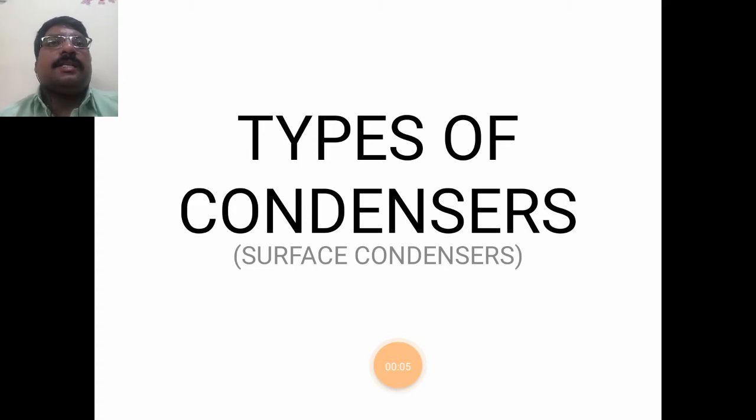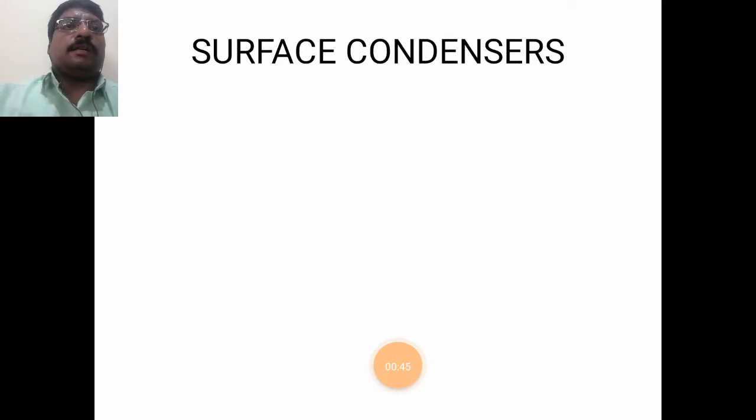Okay, so this is another set of condenser, the surface condenser. As I said, the condensers are classified in two types: one is jet condenser and another one is surface condenser. In jet condenser, again it is classified into three types: parallel flow type, counter flow type, and ejector type. In parallel flow type, we have the low level parallel flow jet condenser. In counter flow type, we have the low level jet condenser and high level jet condenser. Now we are going to discuss surface condensers.